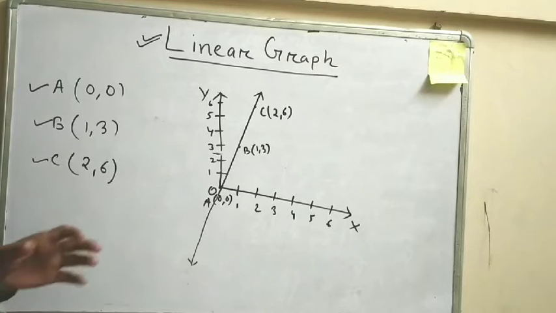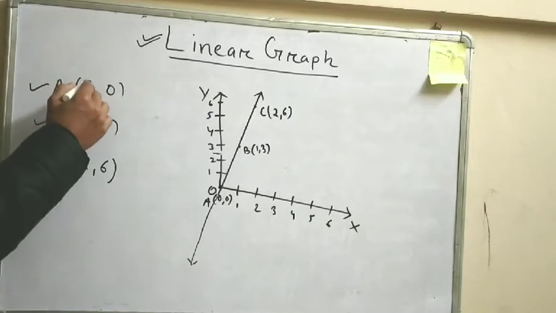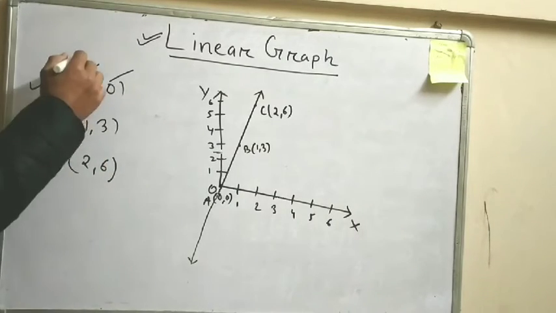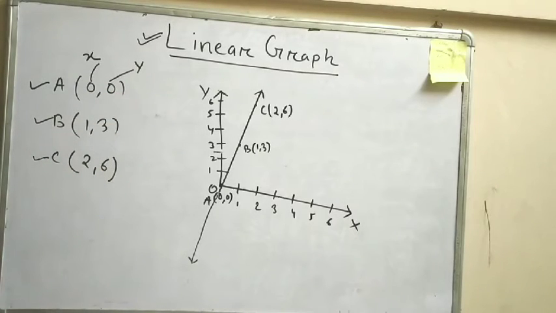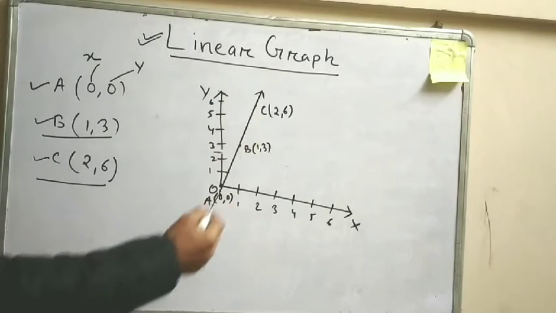That means, whenever we plot points on the graph paper and they form a straight line, that is, whenever we join the plotted points and they fall on a straight line, this line is known as a linear graph. Here one point is 0 and another one is 0. It is called the x-coordinate, and this is the y-coordinate. So students, like this we have plotted 3 points and found that they fall on a straight